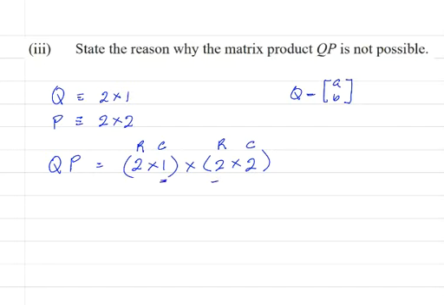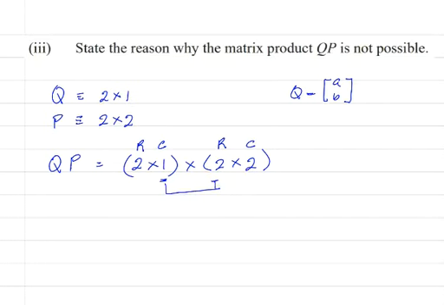So obviously they are not the same. So because these two values are not the same, QP is not compatible for multiplication, and therefore I could say QP is not possible